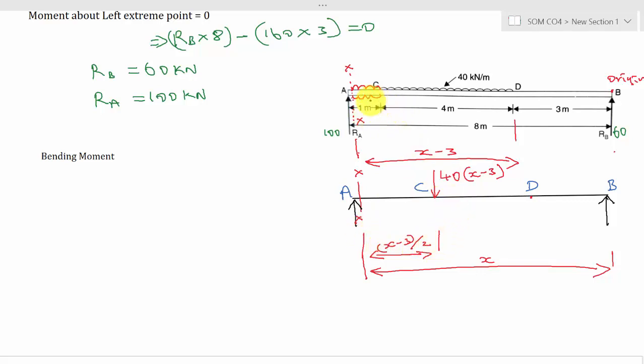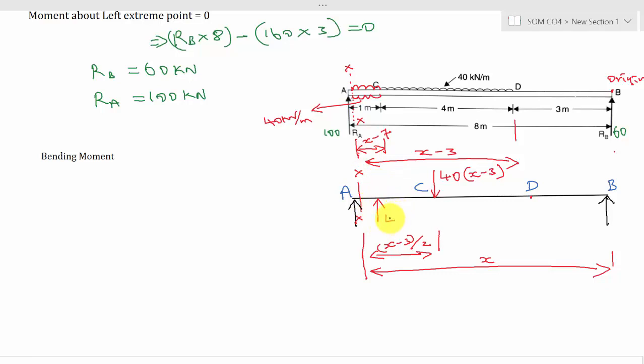So now coming here, this is actually another 40 kilonewton per meter. As I told you earlier, it is of the same magnitude. And this 40 kilonewton per meter is acting at a distance of, so what is the distance? The overall distance is x, and from C to B it is 3 plus 4, it is 7. So here it is x minus 7. This magnitude is acting in the upward direction.